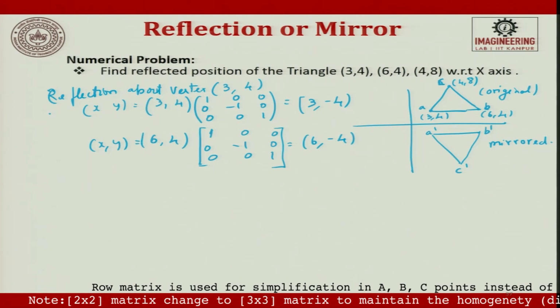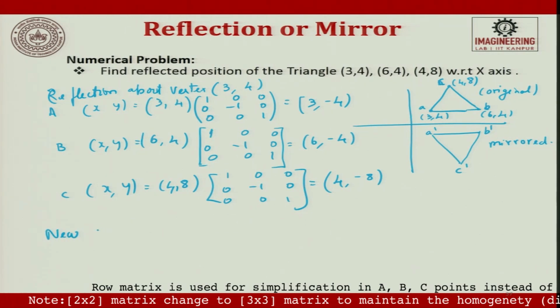So, the last point. So, let us take A point, B point and C point. C, x, y is nothing but 4, 8 multiplied by 1, 0, 0, 0, minus 1, 0, 0, 0, 1. So, the answer is going to be 4, minus 8. So, the new coordinates or the resultant coordinates are going to be